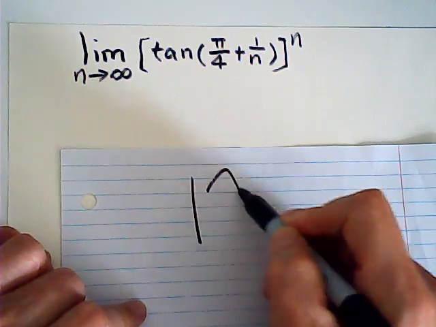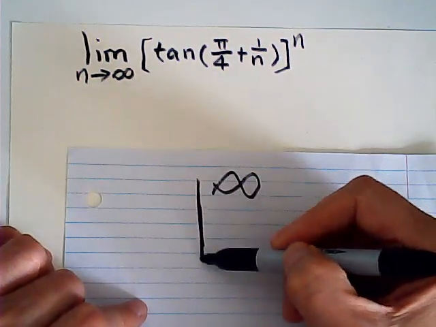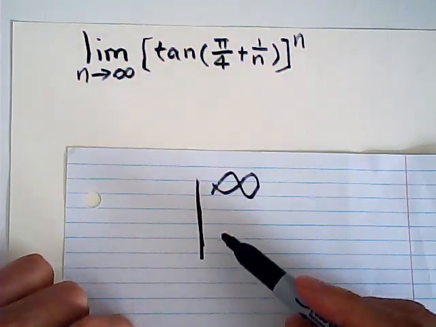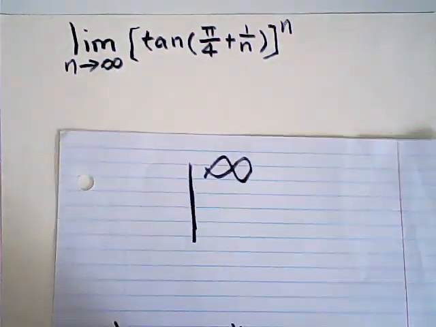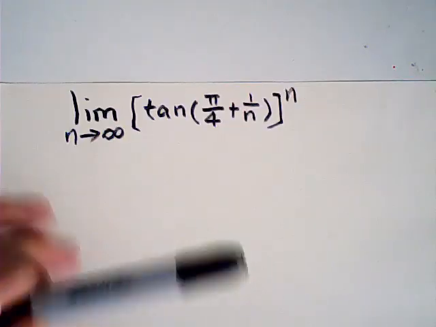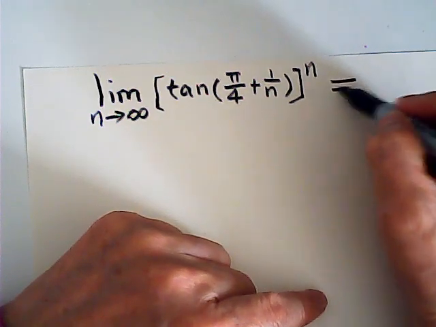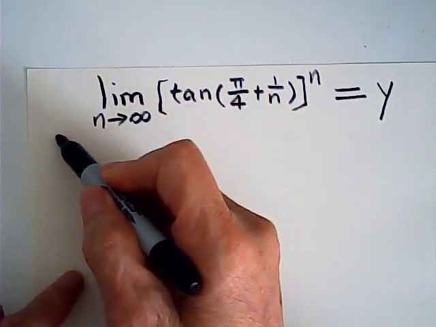So this is an indeterminate form. Method 1: we let this be y, and